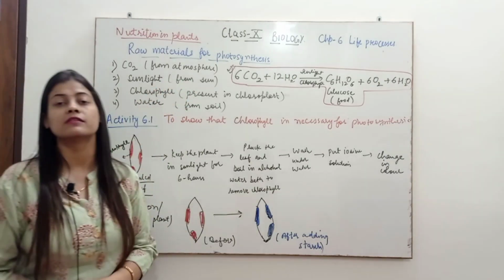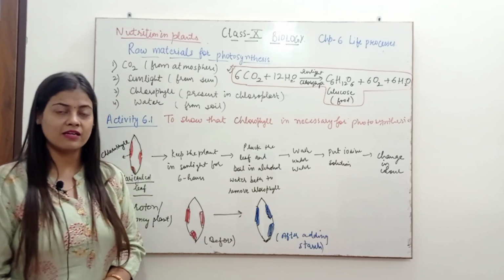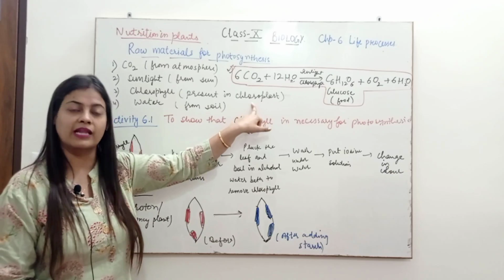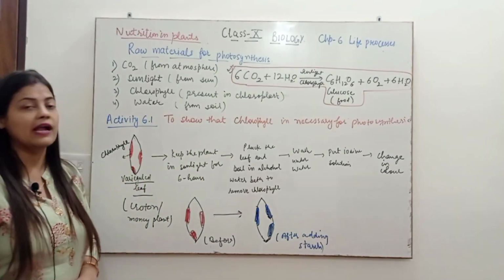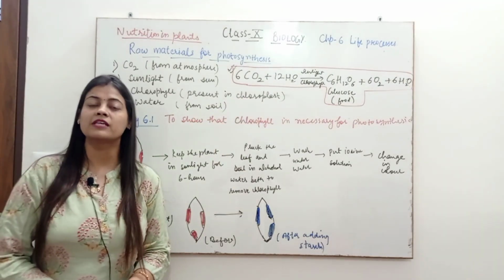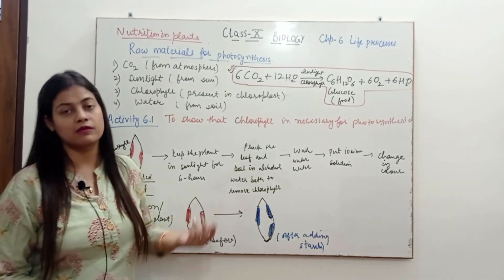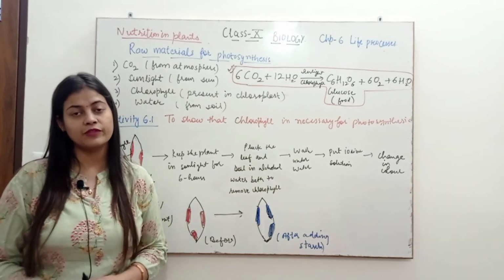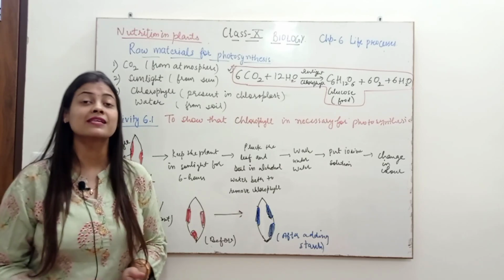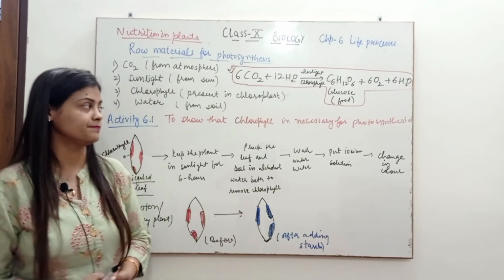Second one is the sunlight, they get it from the sun. Then next is the chlorophyll. Chlorophyll is a green color pigment which is present in the plants, in the chloroplast, which is one of the cell organelles present in plants. Chloroplasts are cell organelles present in plant cells only. And we have already discussed the structure of the leaf, the upper epidermis, the lower epidermis, the cells present between the upper and lower epidermis, and the position of chloroplast in the cells, that is the mesophyll cells.